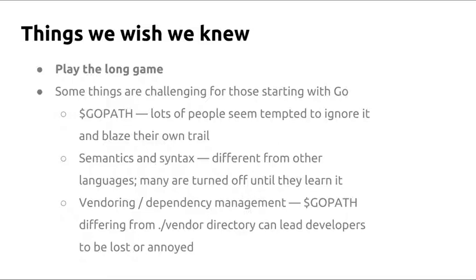There are a handful of just random gotchas that people seem to really struggle with. Go path, for some reason, is like the most incomprehensible thing to someone who's not a Go developer. And people fight it to like their dying breath. People want to not use the Go path. And it's understandable, but it screws you over if you don't.